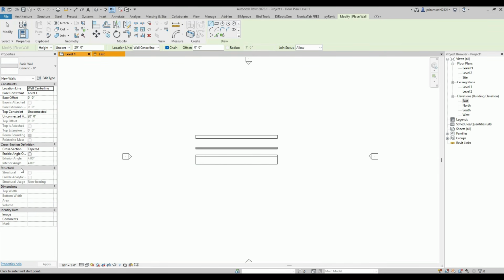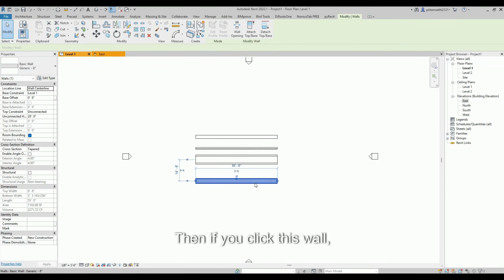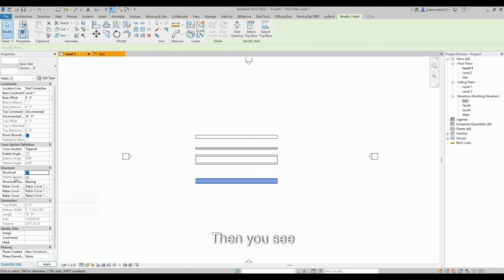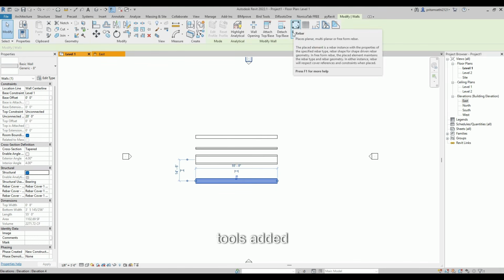Okay, so draw a wall, then if you click this wall, there is an option structure. Click on the structure checkbox, then you see there are a few more constants that appear in the structure option. If you see the modify panel, a few more tools are added,